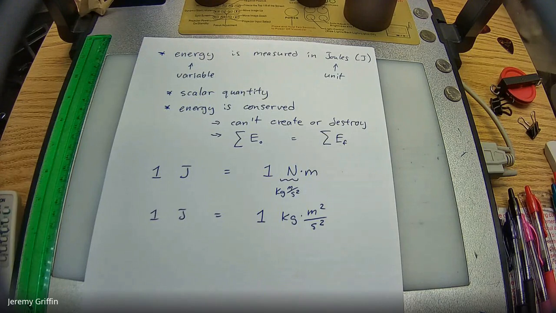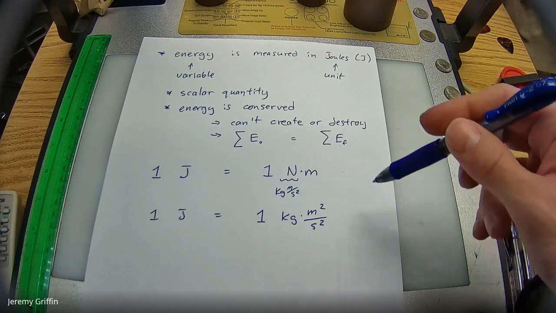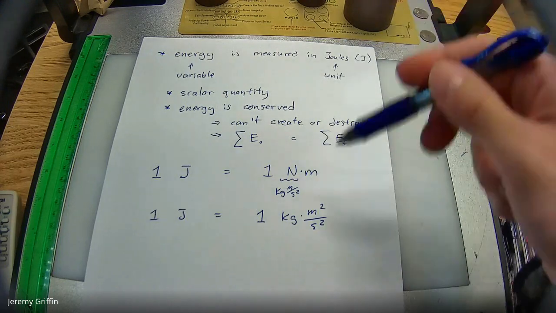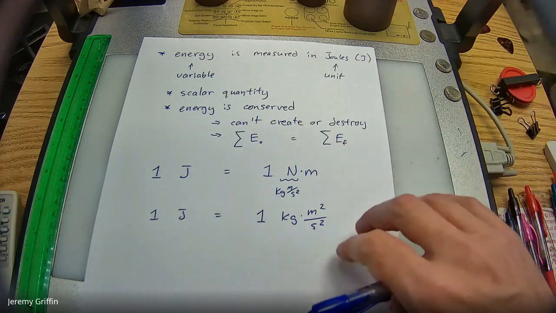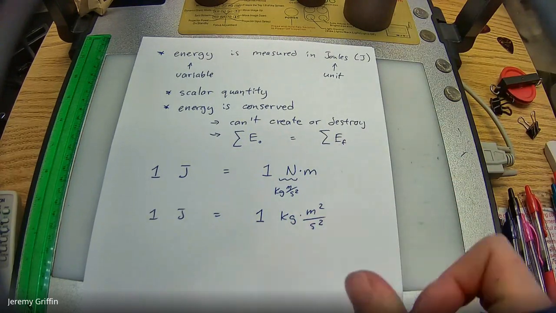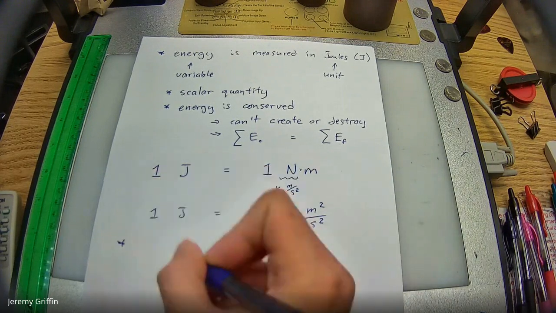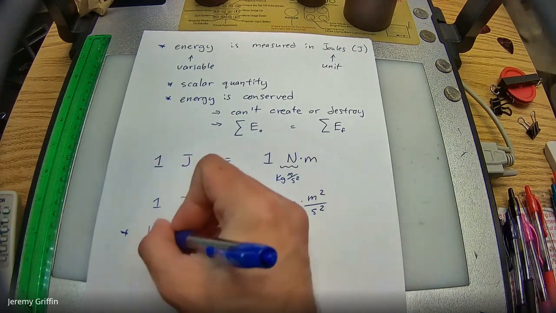If you ate breakfast or lunch today, there's some energy stored in that food that's usually quantified in calories, like on a nutrition label. 1 calorie is the amount of energy required to raise the temperature of 1 gram of water by 1 degree Celsius. Food calories are technically kilocalories, a factor of 1,000 of that. You could convert calories to joules or vice versa, but we care about joules because it breaks down into this.